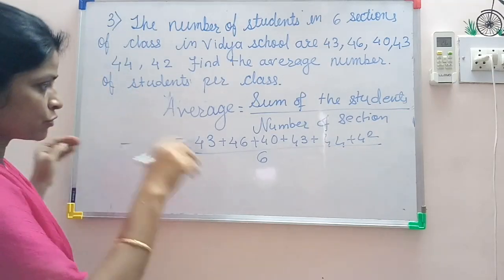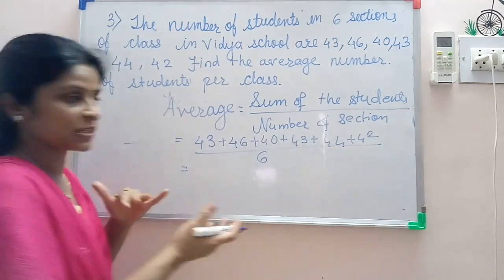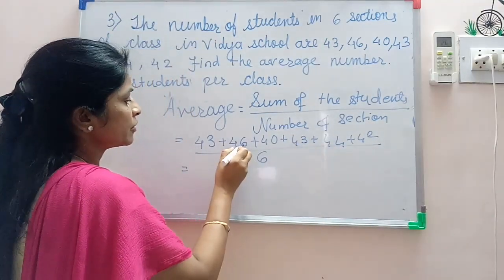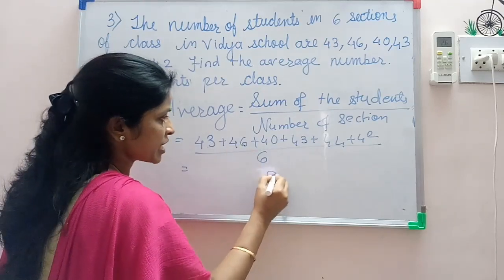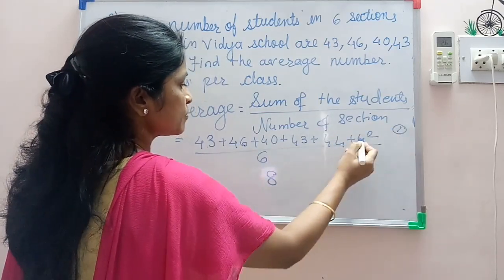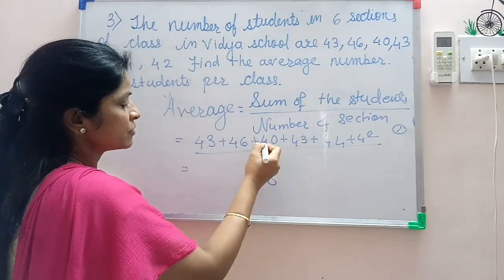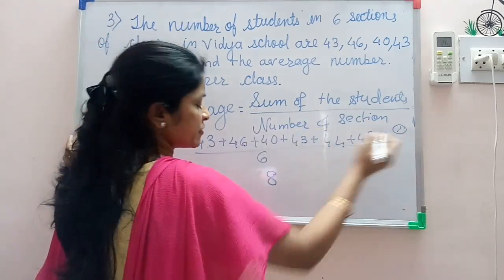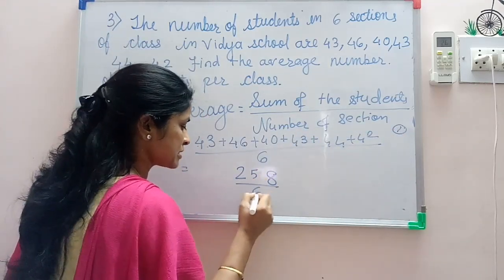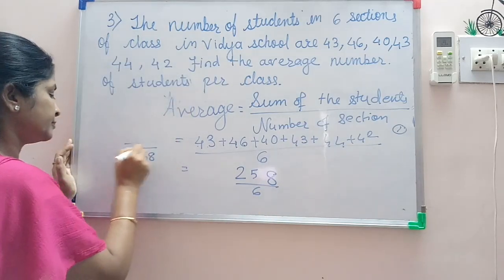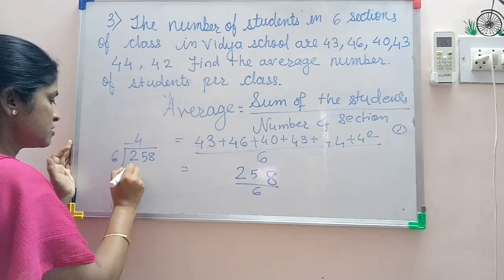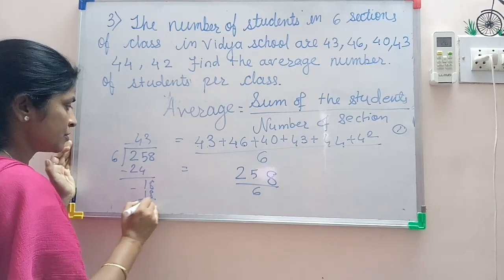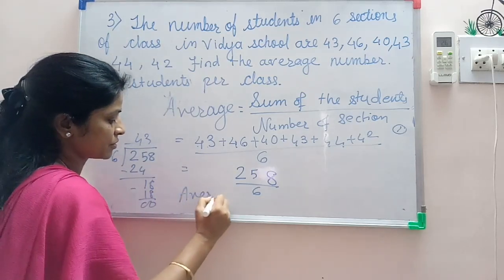Now let's start doing the addition. You can make it one side also, or you can make it in the mind. 2 plus 4 is 6, 9, 15, 16, 17, 18, 1 carry. 4 plus 4 is 8 plus 4 is 12, 16, 20, 24 and 25. Divided by 6. Now we'll divide it one side. 6 4s are 24, 6 3s are 18. So the average is